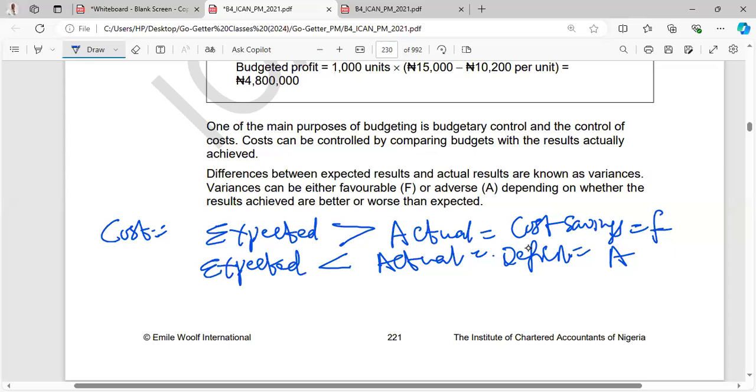an expectation in mind before we now get the actual. You will normally create a budget in your organization before the actualization of the budgeted activity. So our formula will contain expected first, then actual. Now